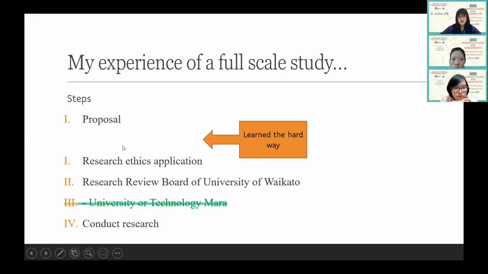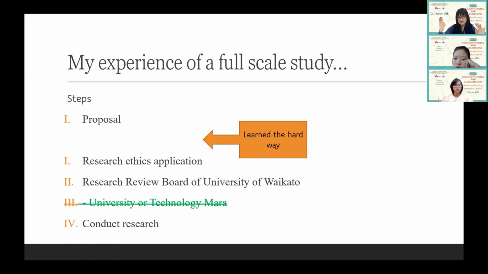Yeah. And then when I finally got it done, I had to submit it to the research review board of University of Waikato. And there were some changes that needed to be made. They had to review my paper, certain things that I did not submit. For instance, the participant research information, maybe the tools that are applied, will that pose danger or harm